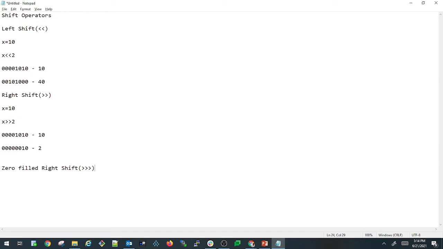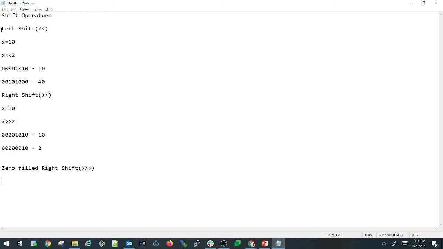In the right shift operator, the sign bit will be preserved, whereas in the zero filled right shift operator the sign bit won't be preserved. This means if you perform a right shift on a positive number, you will get a positive number, and if you perform it on a negative number, you will get a negative number. Whereas with the zero filled right shift operator, on any positive or negative number, you always get a positive number. That is the main difference between the right shift operator and the zero filled right shift operator.